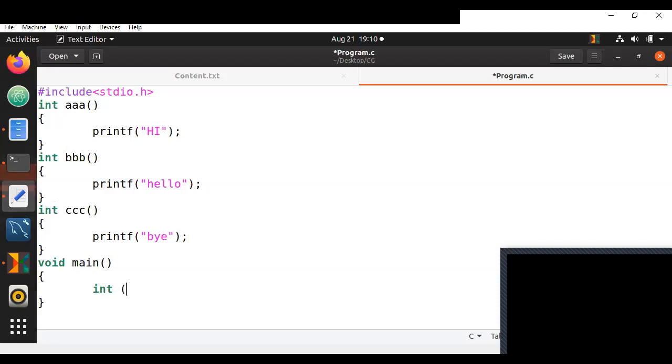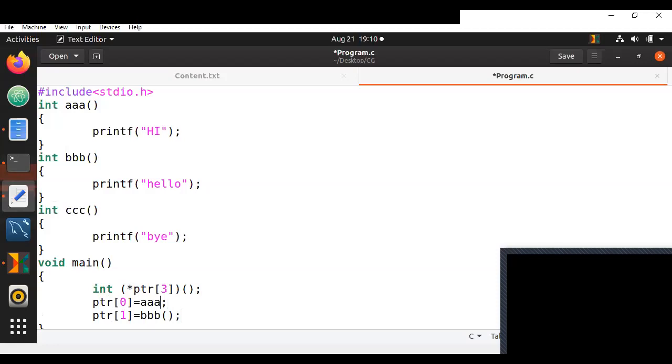Let us create a pointer called *ptr[3], and let me give a couple more brackets here. Let us create ptr[0] equals tripleA. ptr[1] equals tripleB.